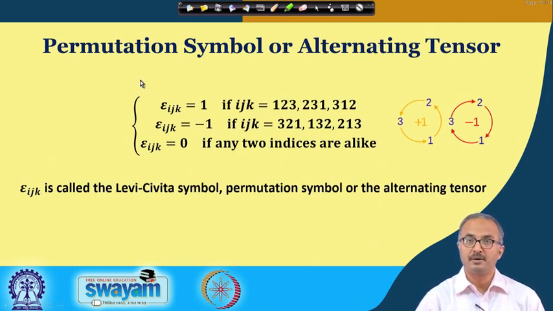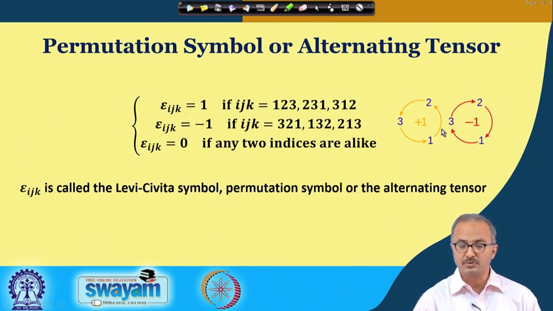And then we have the permutation symbol or alternating tensor symbol. Here we are using epsilon with i, j, k subscripts, and this is equal to 1 in these cases. Suppose we have 1, 2 and 3. If we take the direction 1 to 2, 2 to 3, 3 to 1, that means 1 2 3, or 2 3 1, or 3 1 2, whenever this is the order of the epsilon, we get plus 1. If the order is the other way around, that means 1 3, 3 2 and 2 1, then it will be minus 1, that is 3 2 1, 2 1 3 and 1 3 2. For these three cases we find epsilon will be minus 1.